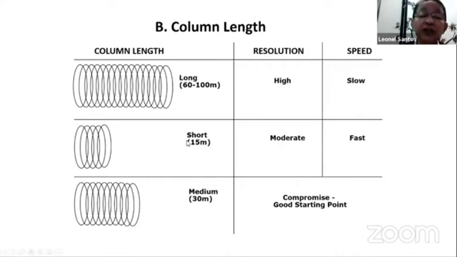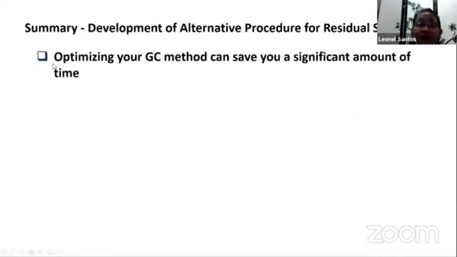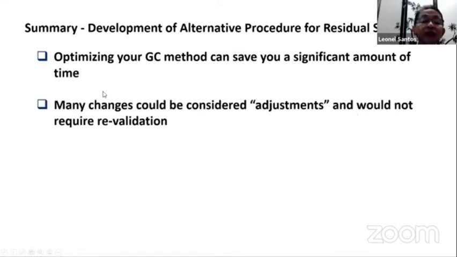The opposite would be using a short column that has moderate resolution, but it's faster. So this would be the recommendation in terms of developing alternative procedure for residual solvents. Optimize your GC method so that you can save an amount of time, and that many changes could be considered